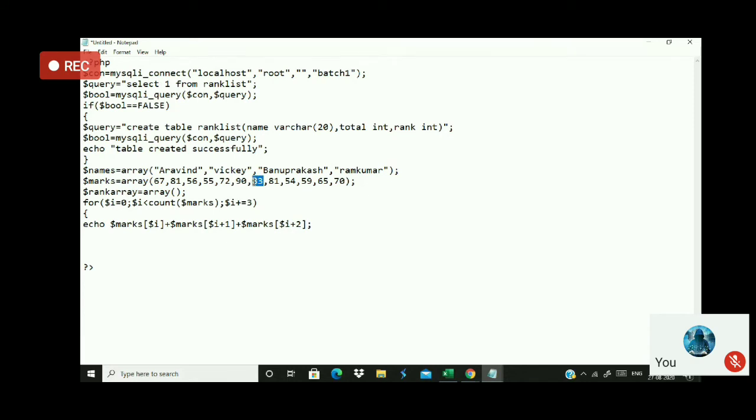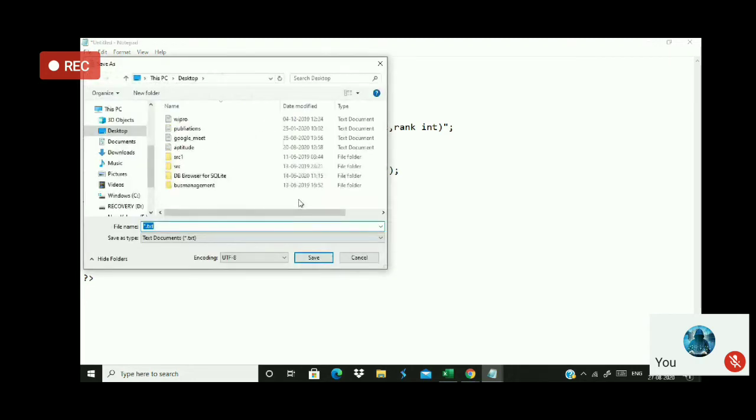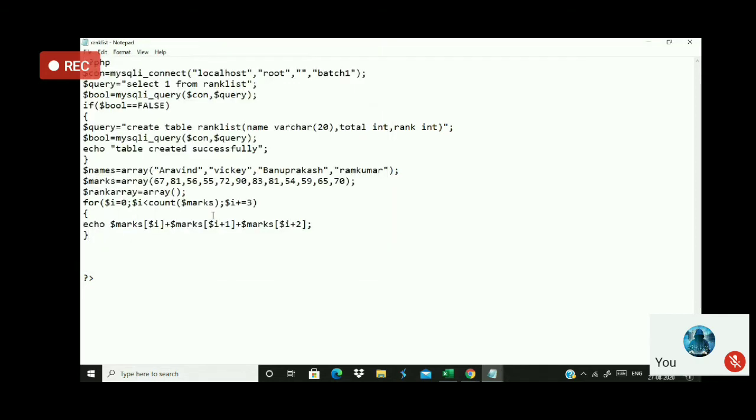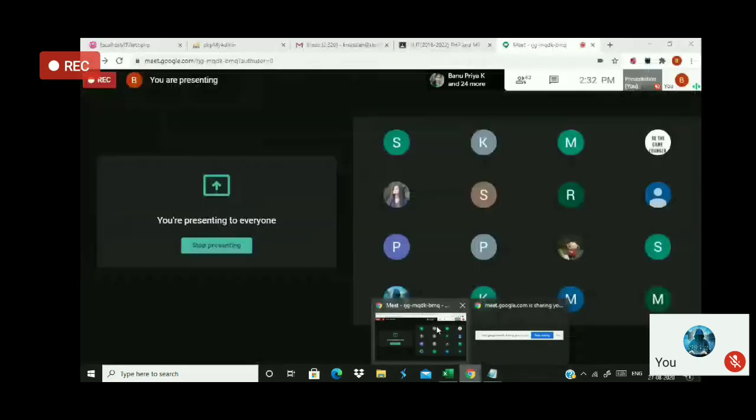6 points to 83 here. Now I'll just show you. Now I'll print it. Listen carefully. I'll name it as C:\lamp64\www and make it rank list dot php. So let us assume that this is the name for this. Now I try to execute this. You can see here the marks will be getting accumulated in an order.